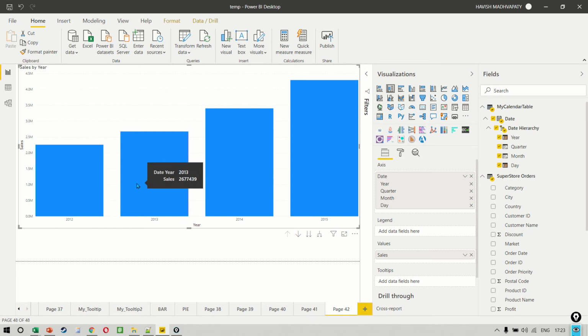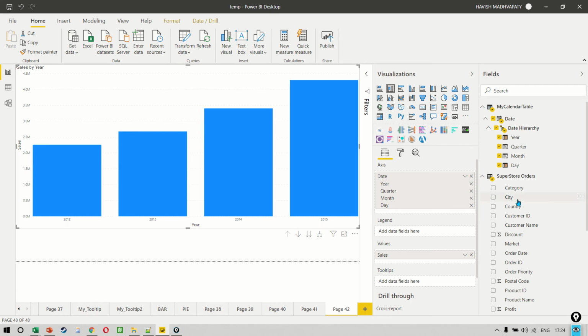Because it is possible that maybe a lot of customers from 2012 left the business, they exited, and new customers came in, which is okay because your sales are still increasing, but that also means that customers have a tendency to not stick for very long with the business. To find customer loyalty, to find customer churn, and from an HR perspective, to find employee attrition, you want to find out what is the sales coming from old versus new customers.